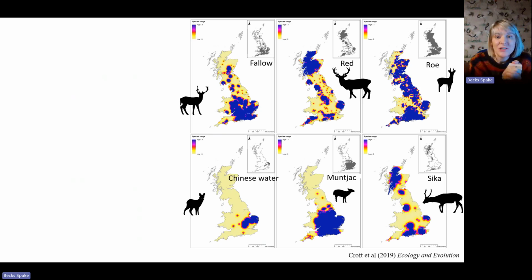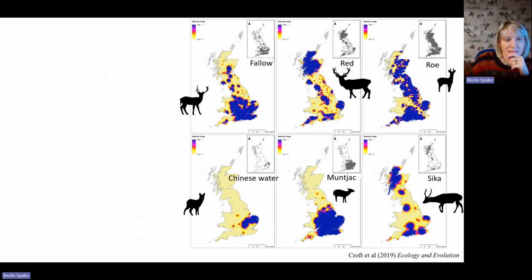So we have 6 species of wild deer in the UK, and these all vary in their distributions, as shown in blue on those maps. Now, just 2 of the 6 species are native, and that's the red and the roe deer. The other 4 species have been introduced. The fallow were introduced from the Eastern Mediterranean regions by the Romans about 1,000 years ago, while the muntjac, sika and the Chinese water deer have been introduced over the last couple hundred years from Asia, having escaped from gardens,